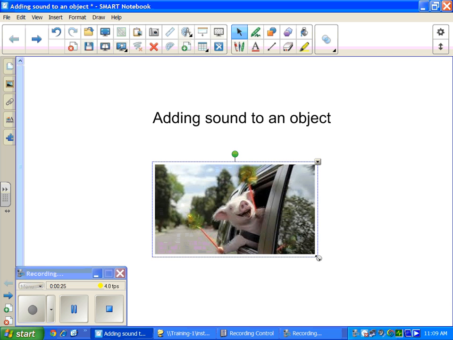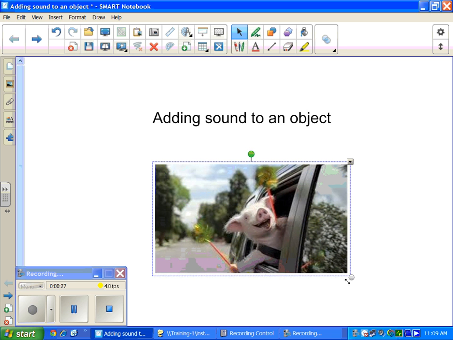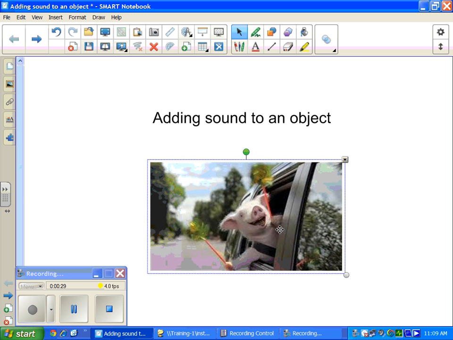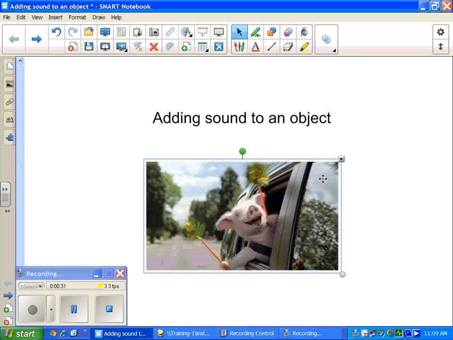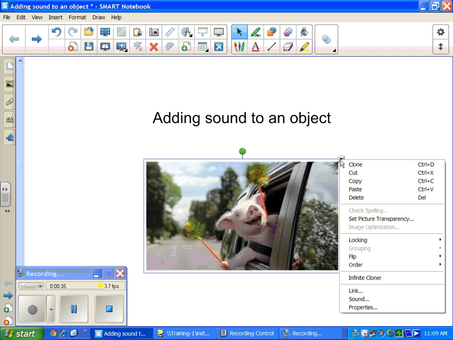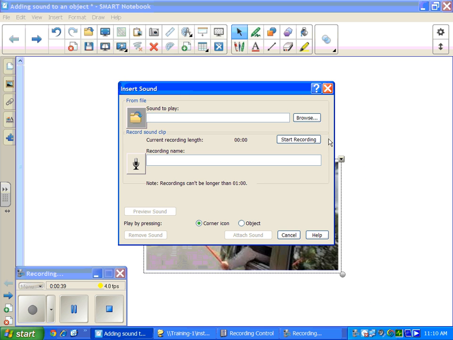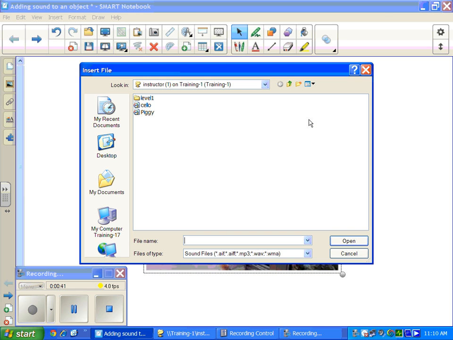And if you need to make any arrangements with the size and positioning, go ahead and do so. Then go to the upper right hand corner of the image and select sound, and then go and browse for your sound file